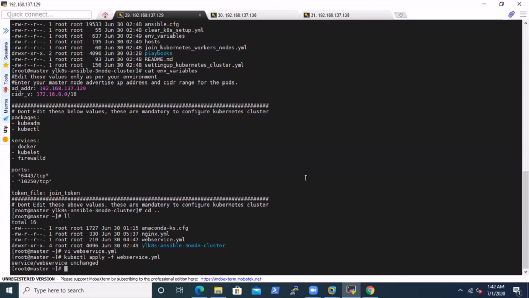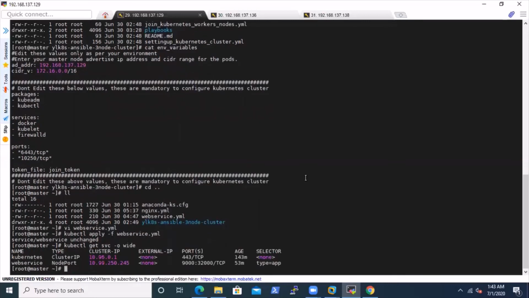I have applied this as well. Let's check whether webservice.yml has created the service. Yes, it is created, and it exposed the port number 32000.